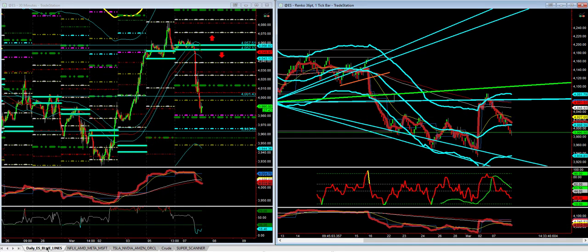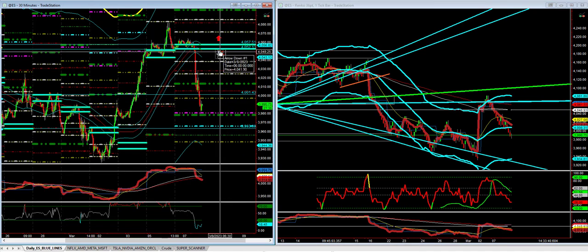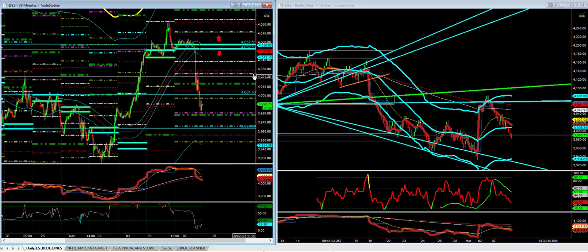This is a chart of ES. I'm just plotting these arrows by hand. Everything else is fully automated. And now,